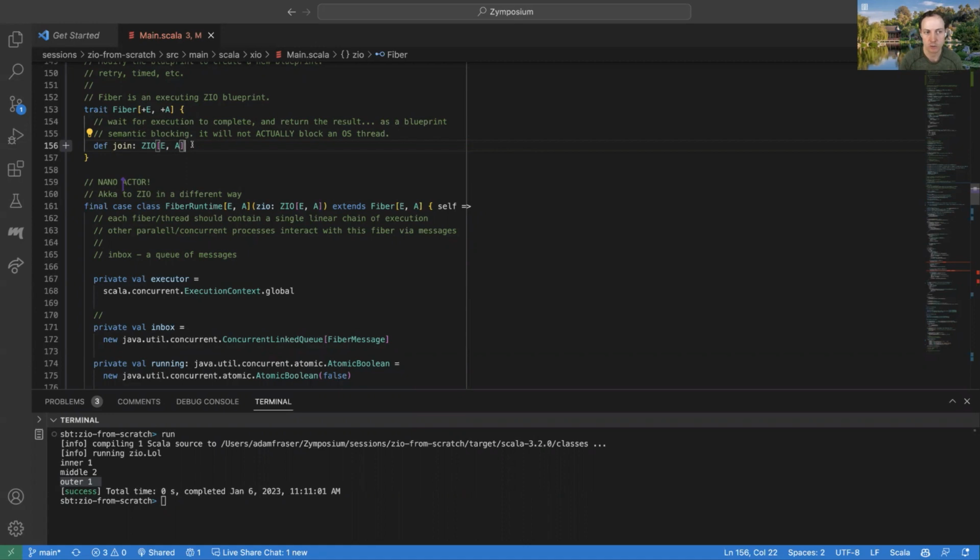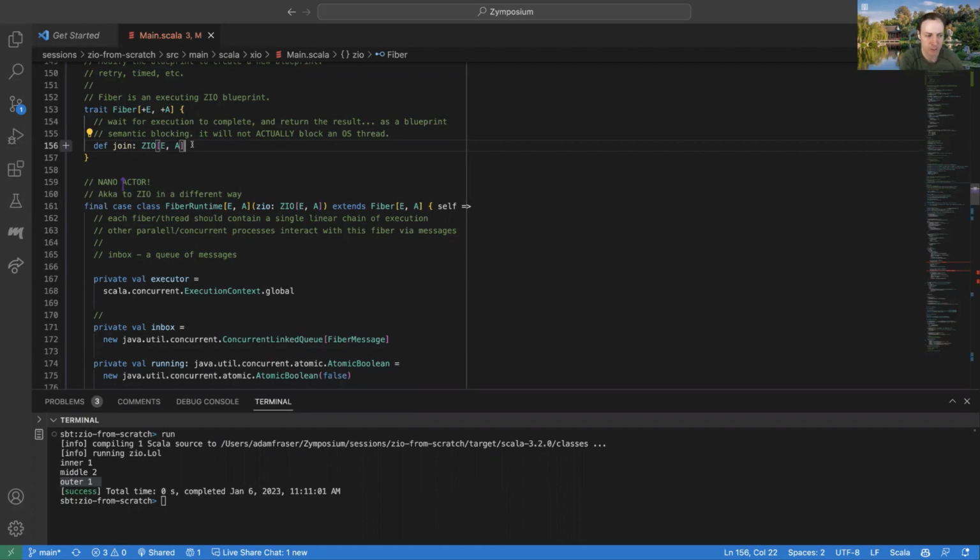So if you wanted to join that fiber, there would be a set of observers that the fiber kept track of, and it would be a concurrent set because you would need to manage these concurrency issues of, well, what happens if the fiber is done and at the same time someone else is saying, I'm interested in the result? Are they going to get the result? Or are they not going to get the result?